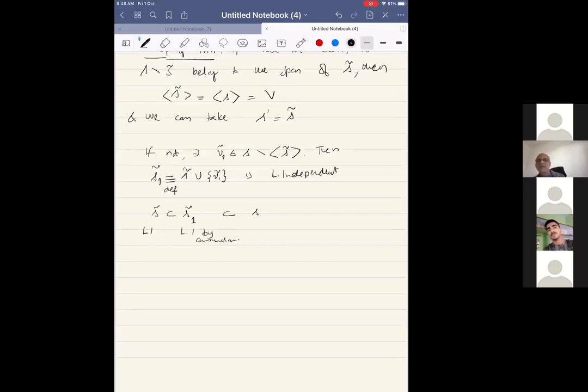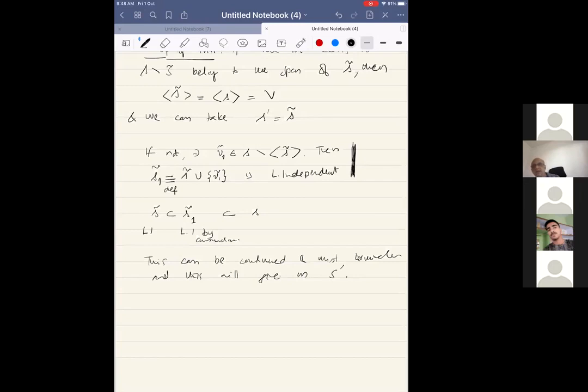And we can continue like this. We can iterate the process, and this process must terminate because S is a finite set. This can be continued and must terminate. And this will give us S prime. So here we have used the result that we stated and proved in the last lecture, that if I have a